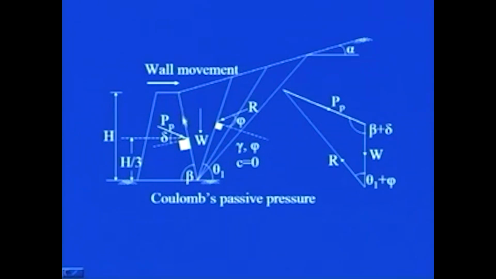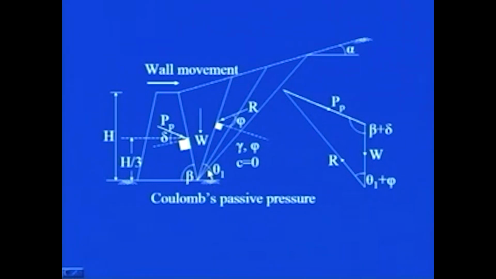So, you see this is the back face of the wall, this is the normal. From here you make an angle delta and that will be the line of action of your passive force, where this h is the vertical height of the wall. Since I have assumed that it is a frictionless backfill, C is equal to 0, only phi will be present and unit weight is gamma. Now, this trial wedge, I am assuming that it is extending at an angle theta 1 to the horizontal as shown